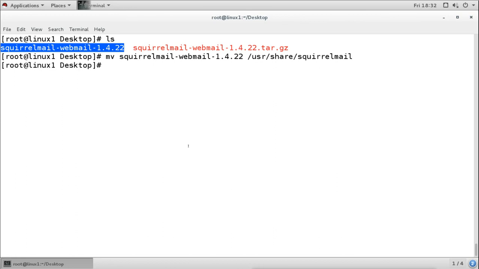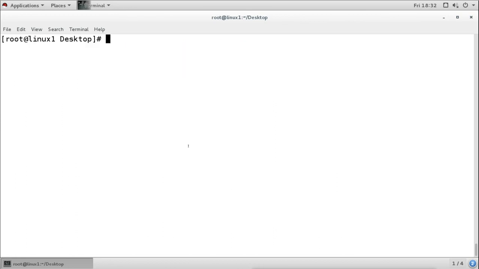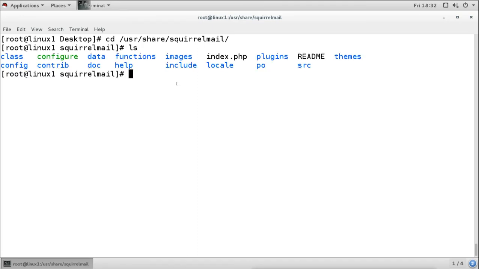Now after doing this, we will go to the directory which we have moved, SquirrelMail. Under the directory we have these files, and among them the readme file also, where we can see how we can configure this.